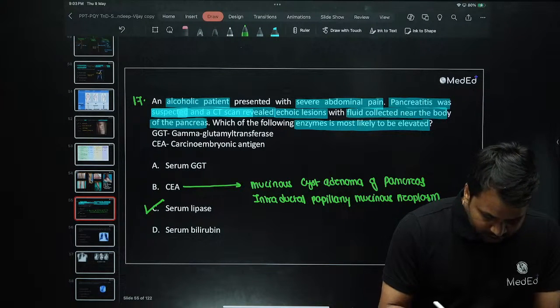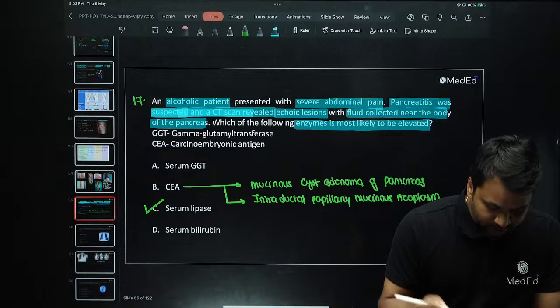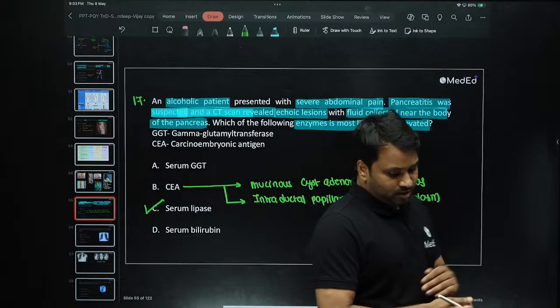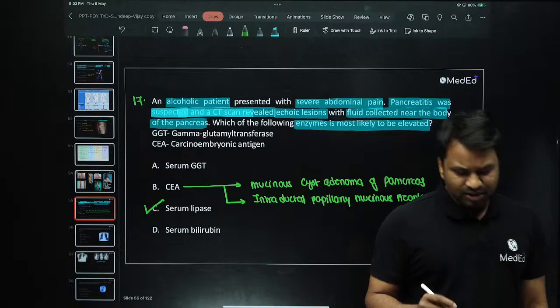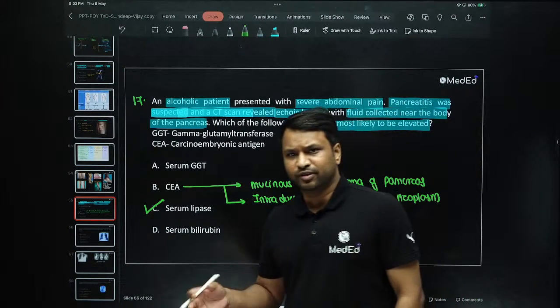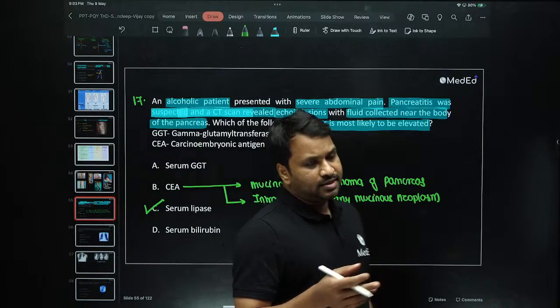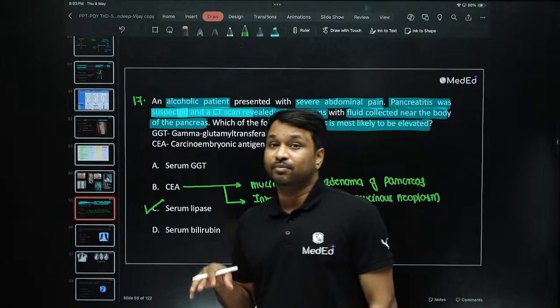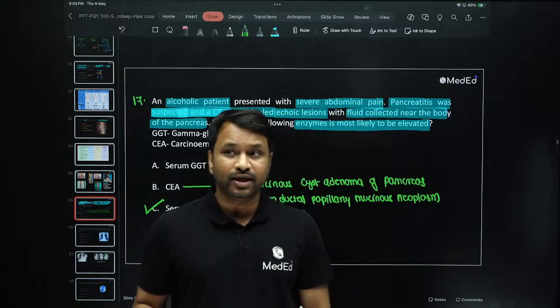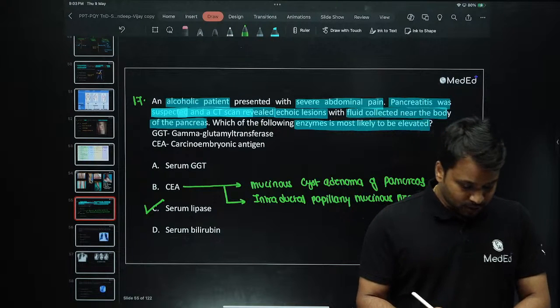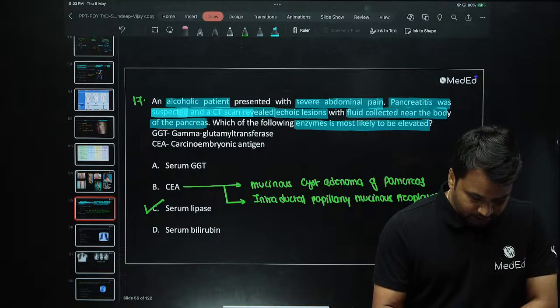These are the two contexts where you have a pancreatic component, so it's only serum lipase that is going to be elevated. GGT is a marker of the bile duct, which tells you either there is a bile duct obstruction or alcoholic destruction. Serum bilirubin will only be elevated if the bile duct is getting compressed. Usually your pseudocyst of the pancreas do not. Okay? So when you talk about the pseudocyst of the pancreas,